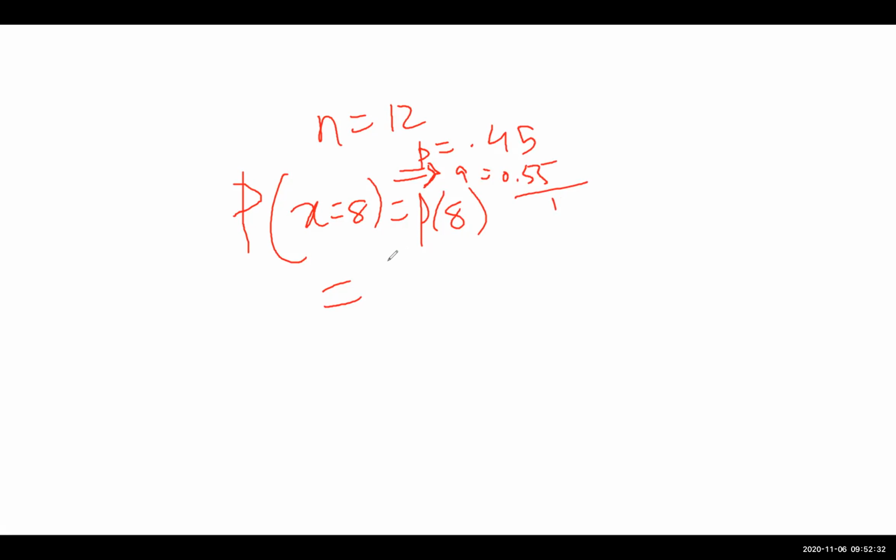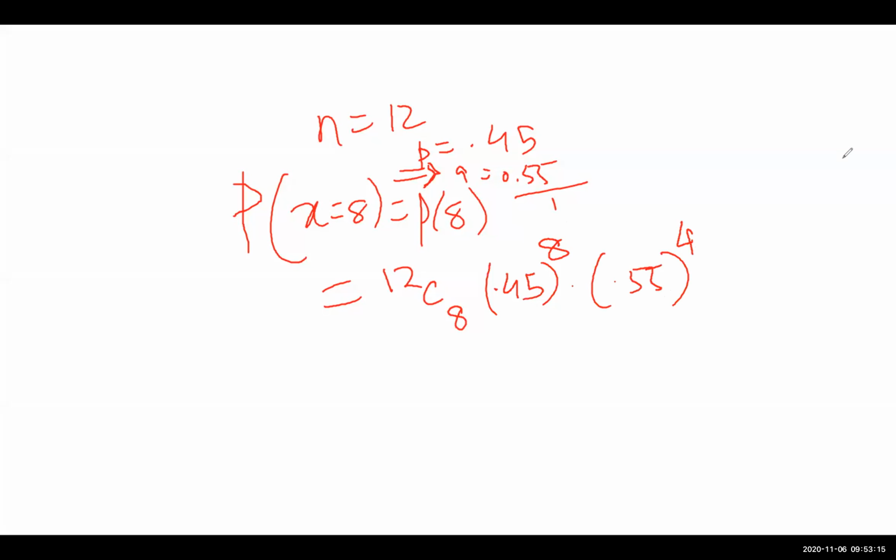Tell me. P of X equal to 12C8, then P, 0.45. Sir, I do not understand. Sir, power 0.55. Say again. One minute David, wait, I will be repeating it. Binapani: 0.45 to the power 8 into 0.55 to the power 12 minus 8, 12 minus 8 means 4, right? Yes sir, that is what Soumya said.